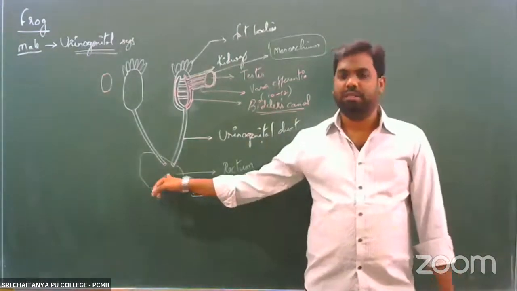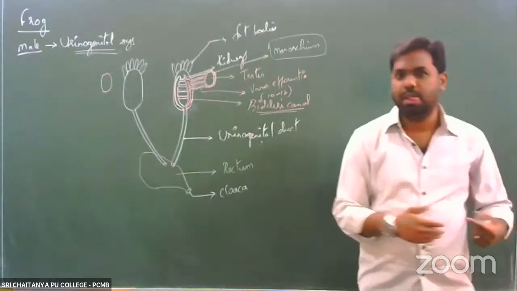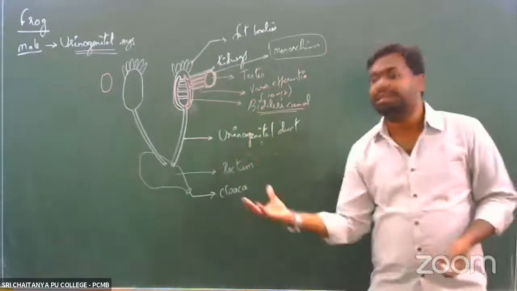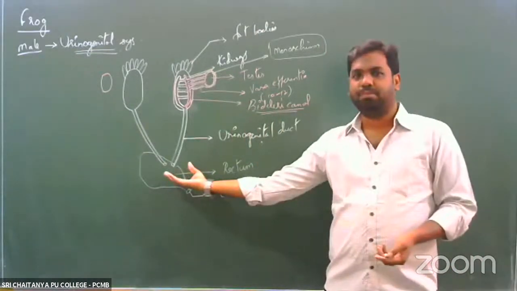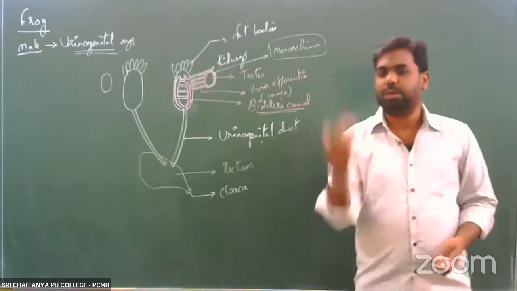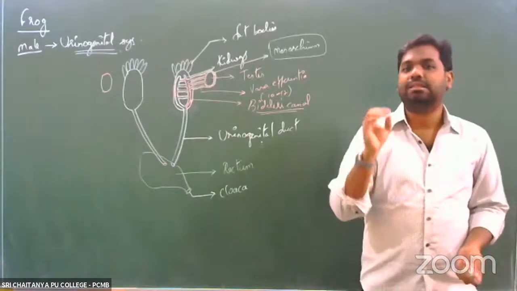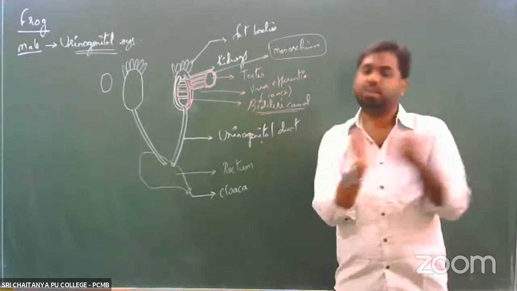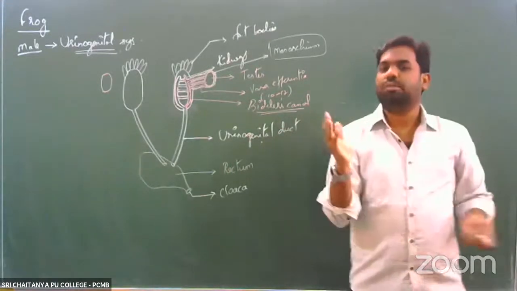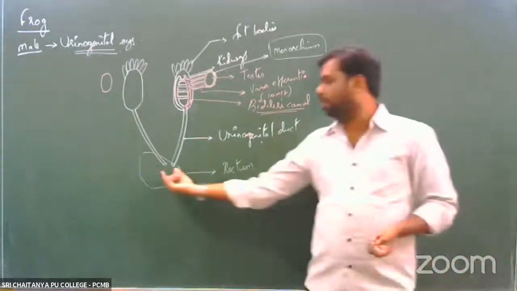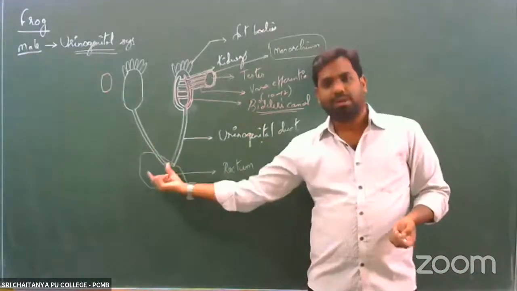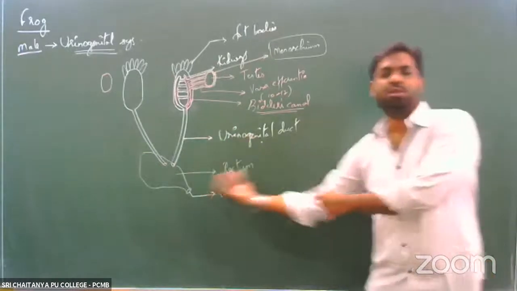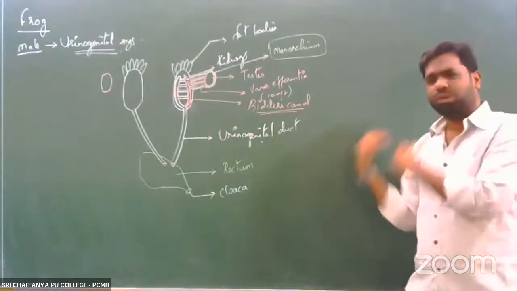The rectum we have already discussed when we were talking about the digestive system. We said that the last part of the alimentary canal, which we started calling the large intestine, is nothing but the rectum. I told you that all the undigested food will be passed on into the rectum after its digestion and absorption in the small intestine. And from the rectum, through the cloaca, which is a common opening, the undigested food is sent out of the body. So here also the same thing.